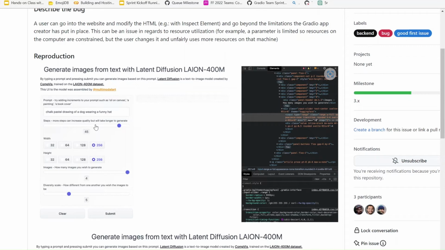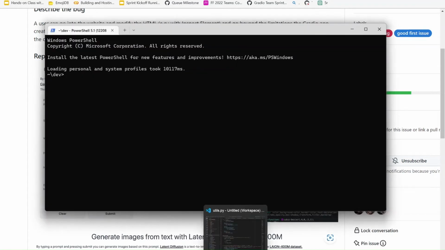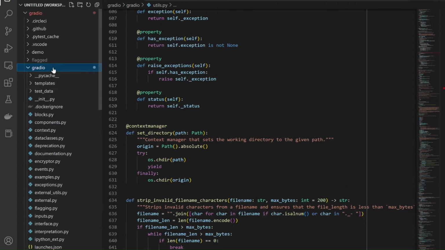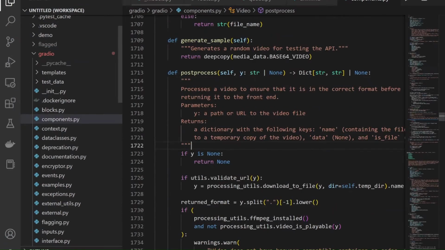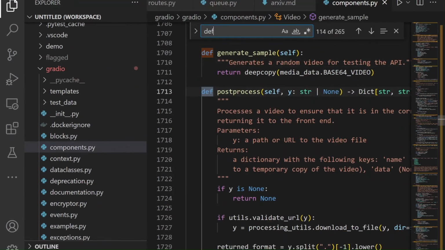And they're worried that when they host it on their website or on Hugging Face Hub or wherever you can host Gradio demos, people could manually surpass the limit that you set in the front end. So in other words, what we need to do here is go to the slider component. I'm going to open up VS Code now so I can edit this code easily. So I'm going to go to the slider component, and I can say, hey, let's go to def